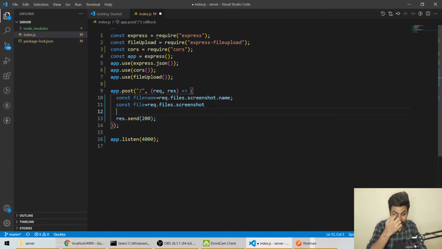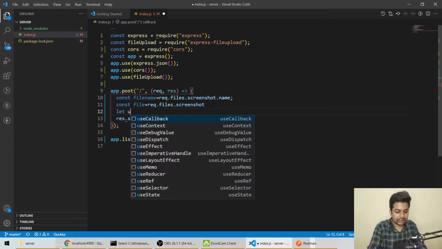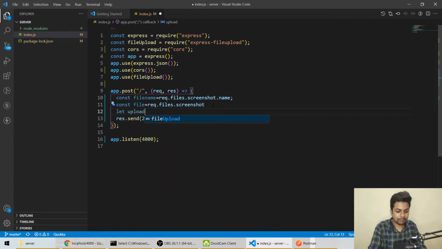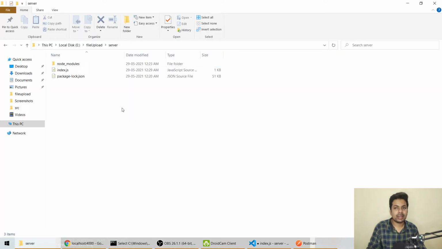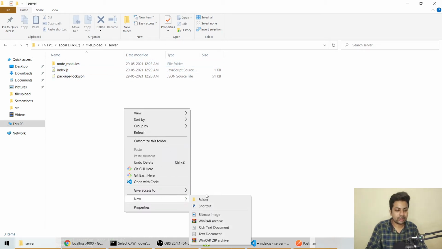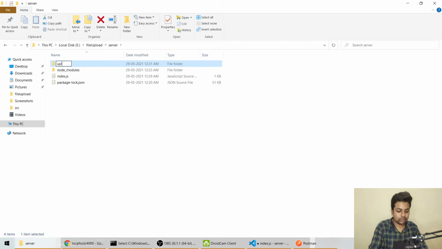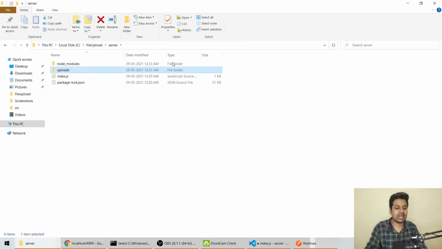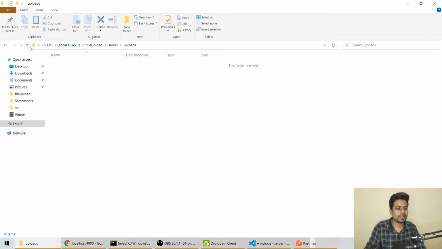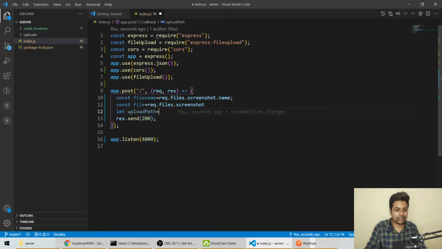Then I'll say let uploadPath, the name where I want to save this file. This is the path where I'm running the script, so I'll make a folder and name it uploads. Here I'll upload every file. Let's go back to index.